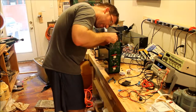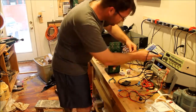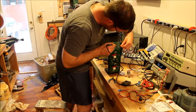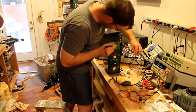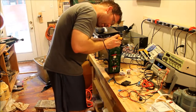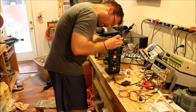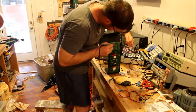which is a little extravagant on this amp, but a pretty good choice. And then I'm going to use the solder wick to take the old solder off. Check polarity, otherwise that brand new cap will go pop. Feed it through very carefully. Right, and then